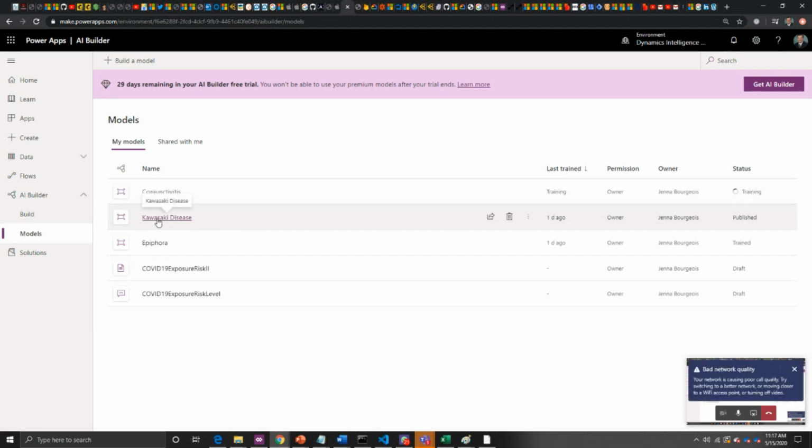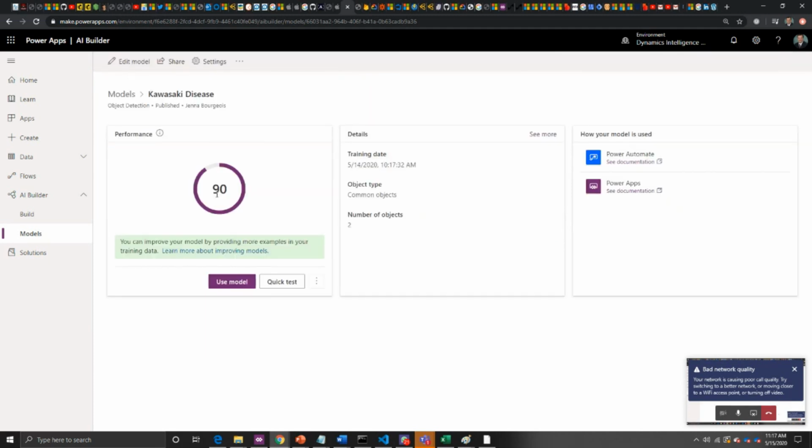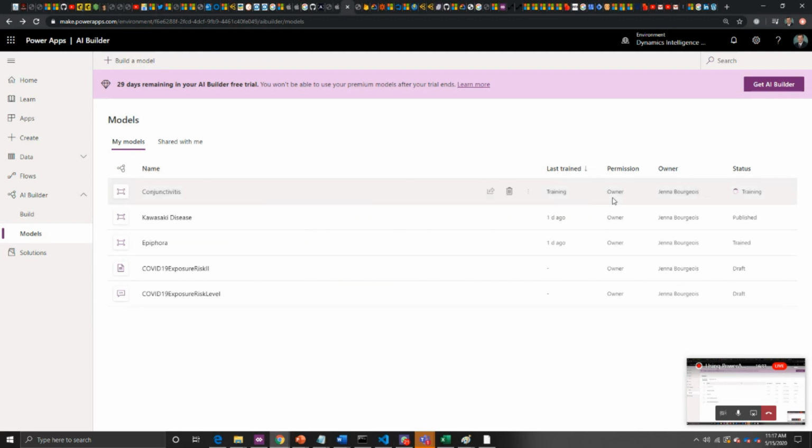This one is used for Kawasaki disease, and this one had a 90% accuracy. Let's see if the training is done yet. Nope, still training. It'll take a couple of minutes for that to happen. Now, the accuracy is going